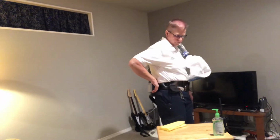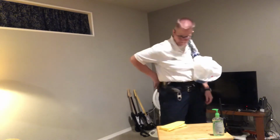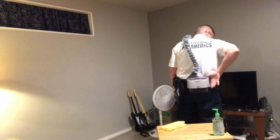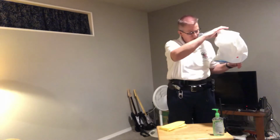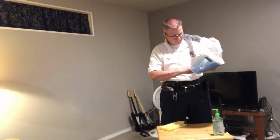So the PAPR unit is around the waist. It's a nice snug fit. Now she's going to turn on the PAPR. Basically, there's a blue button on top. You just heard the beep. Well, probably not over my loud mouth, but when you turn on the PAPR, hold down the blue button on top briefly. It'll beep on, and then it will do a series of self-checks,